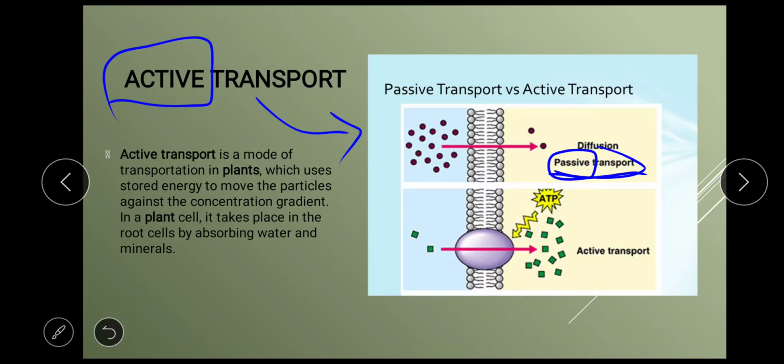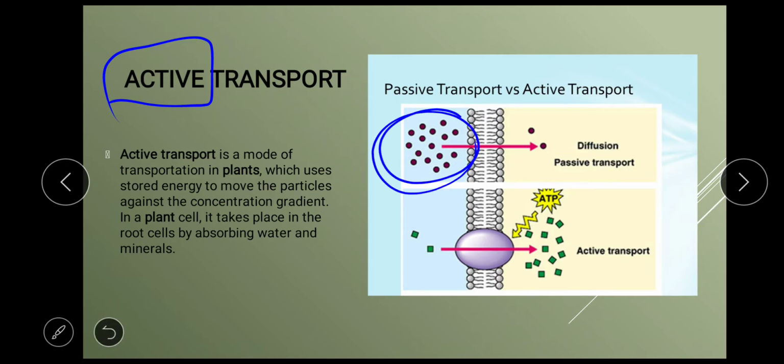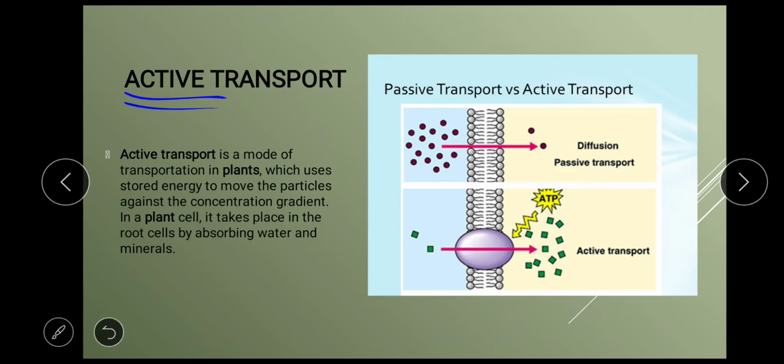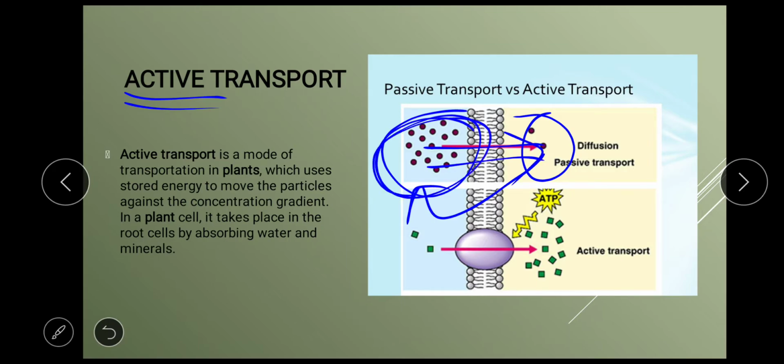This is called passive transport. So what is passive transport? You can see there are more particles here, so from more particles they are going to where there are fewer particles. So this is passive transport, simple transport. But then what is active transport? See, if I want to do the reverse process, where there are more particles here and fewer here, and I want to transmit from less to more. The pressure is coming here because this is more, so because of the pressure the particles will go here.